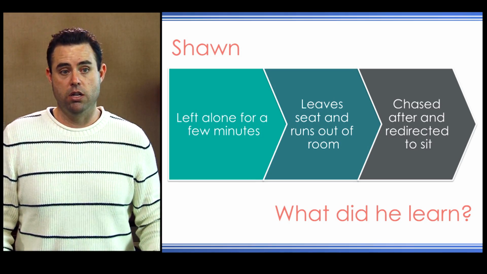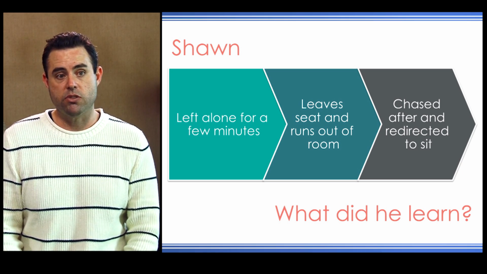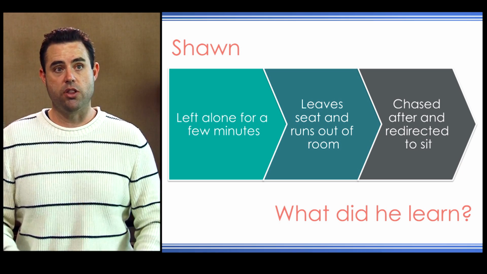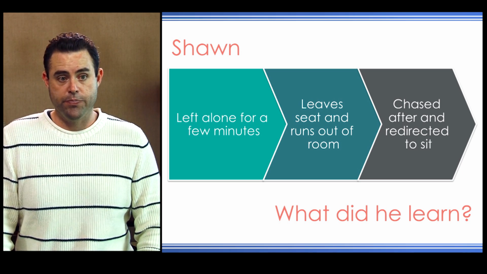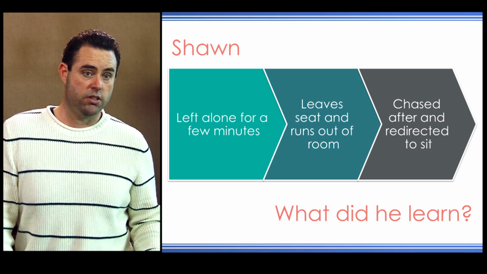And that will decrease his inappropriate behavior and increase his communicative behavior. If we look at Shawn's attention needs are unmet, meaning he's been left alone for a few minutes, and then he leaves the seat and he runs out of the room, and the teachers chase him. So for Jose, he's essentially saying, I want your attention. I want you to come over here and interact with me. I want you to chase me. I want to play with you. And if we understand that message, then we can replace the running with a request for attention, a socially appropriate